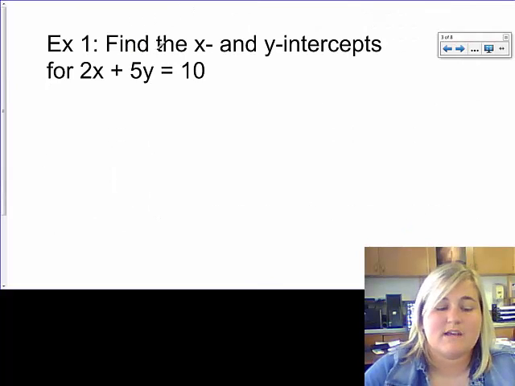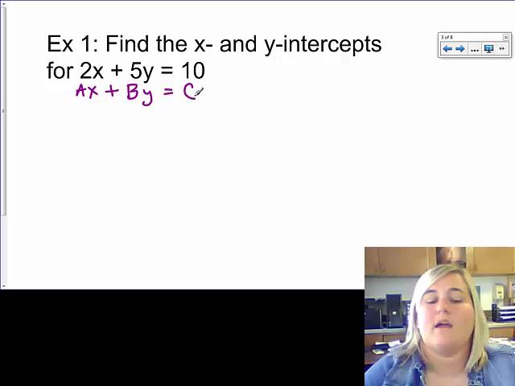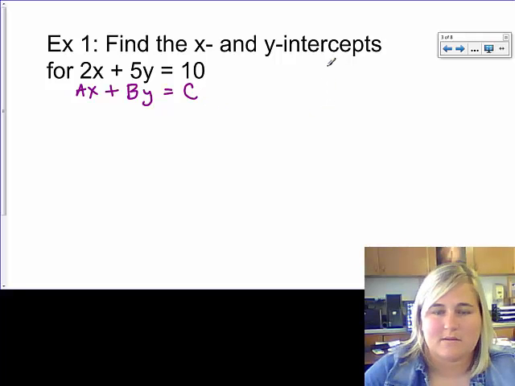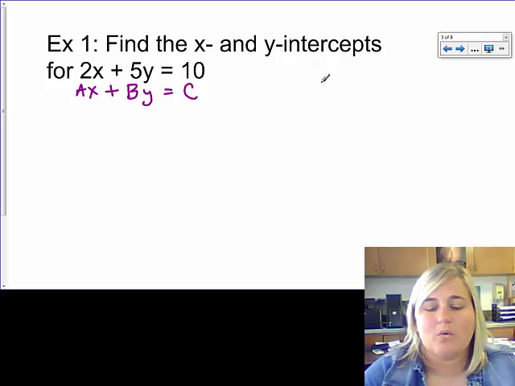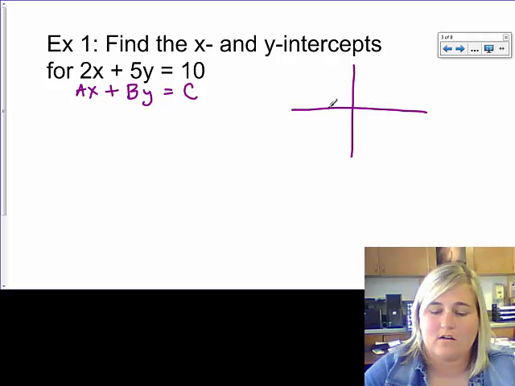It says to find the x and y intercepts for 2x plus 5y equals 10. They already have this in standard form for us. This is in the form of ax plus by equals c. Okay, before we can find the x and y intercepts, we need to talk about something. For it to be the x-intercept, we have to know what the y value is going to be for it to hit right here. So let's say that this is